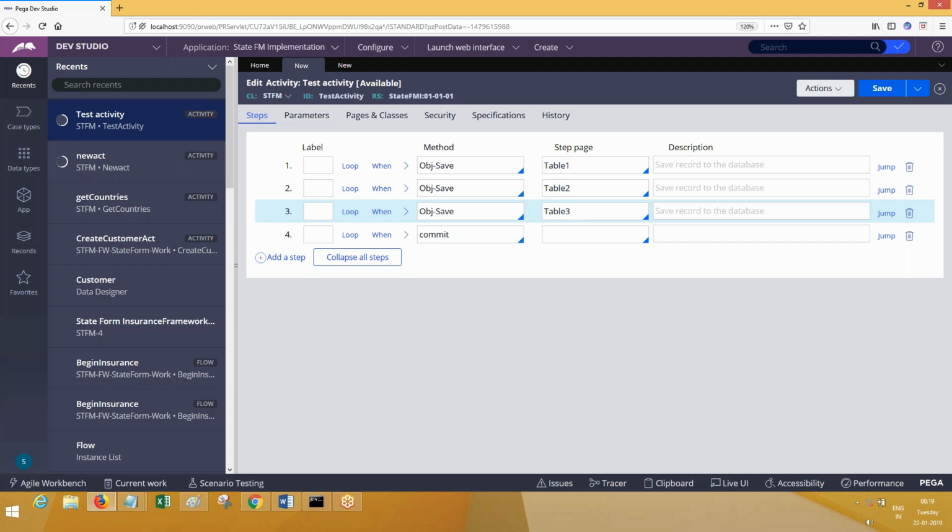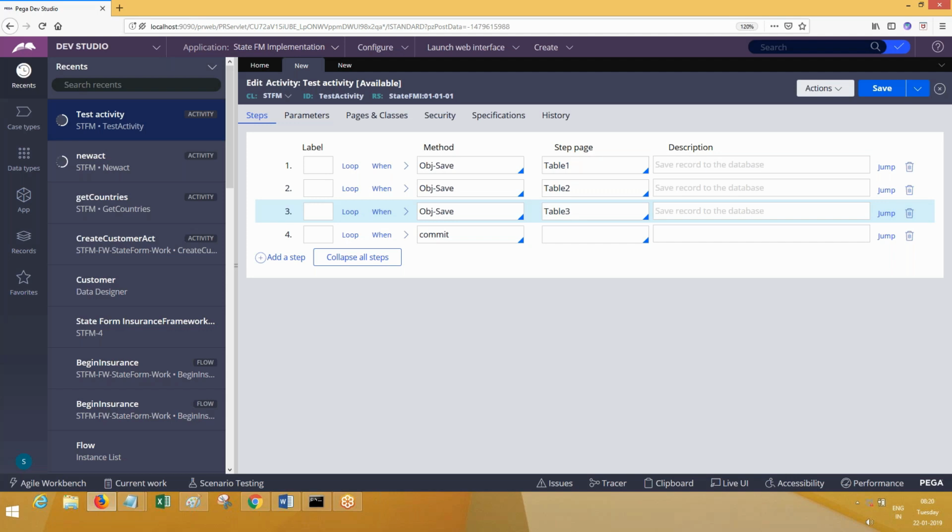So the scope of this commit is only one thread. Scope of the commit is only one single thread. Out of thread, this should not work generally. Among multiple transactions you are doing, if you commit somewhere in between, other transactions should not get committed, right? So your commit scope is one thread, meaning one transaction. Within one transaction only the commit will happen. So suppose you perform commit in transaction 1, it is not going to impact transaction 2 at all. That's how actual business should run, right?